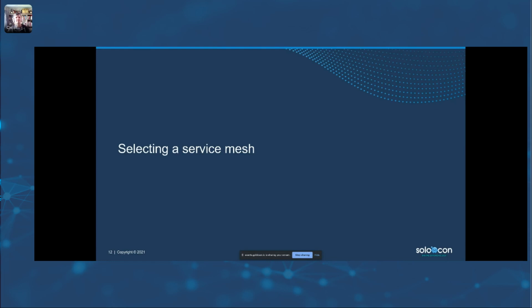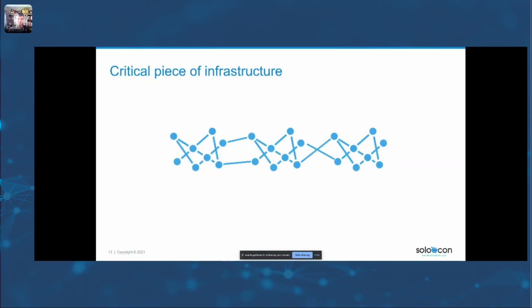So if you've thought through whether or not a service mesh makes sense for you, or you're moving past some of the initial stages of adopting this cloud native technology to build and support your microservices, then you get to the point of actually selecting a mesh. Now, this is a big step because a service mesh, once it's deployed, is in the request path of your application or service traffic.